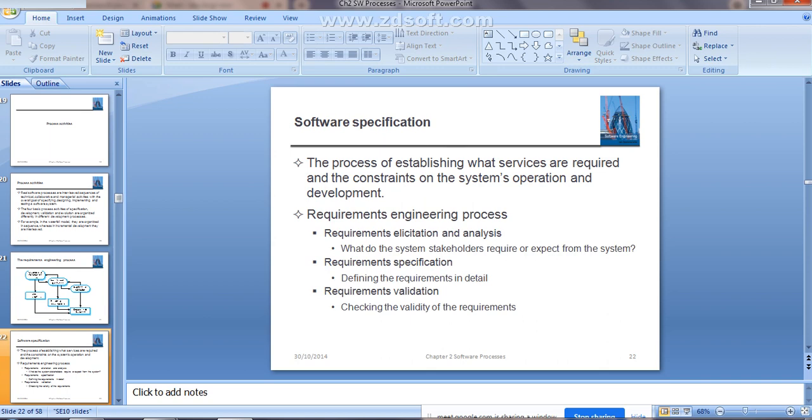The document is going to contain the set of requirements, and there you are going to define them in detail. I hope it is clear. Then the last one is requirement validation.